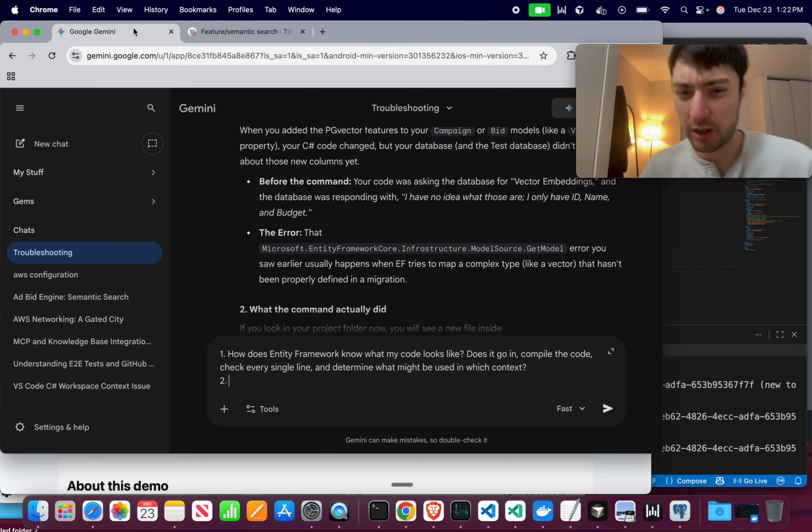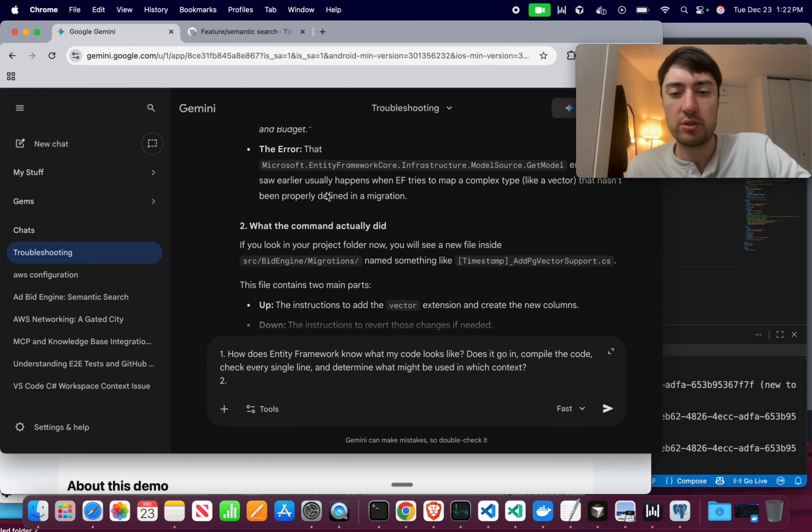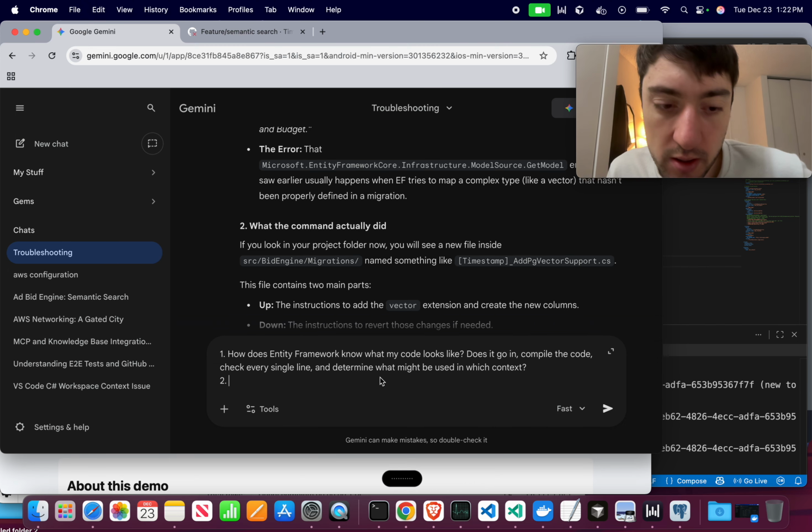But we did define it in a migration. If you look in your folders, you should now see a new file inside of migration, something like timestamp support.cs. I actually see two new files inside of my migrations folder. The first one,